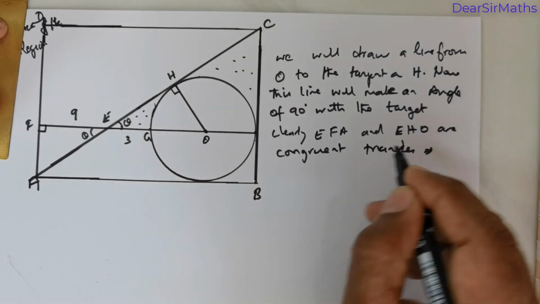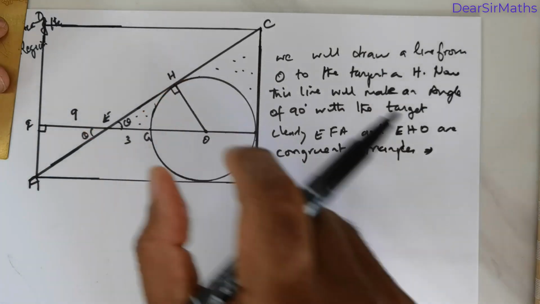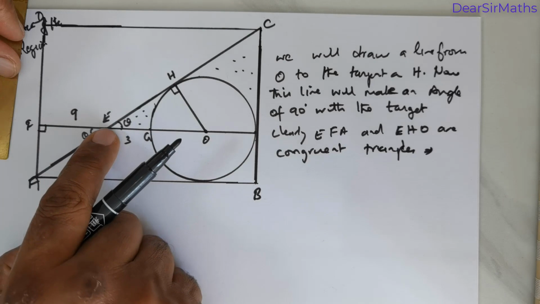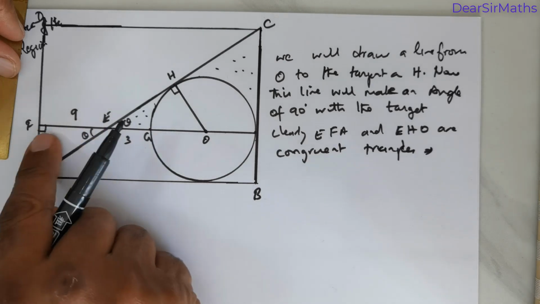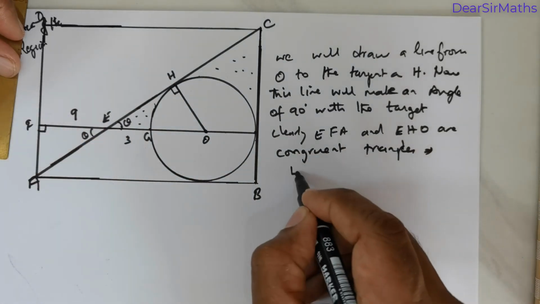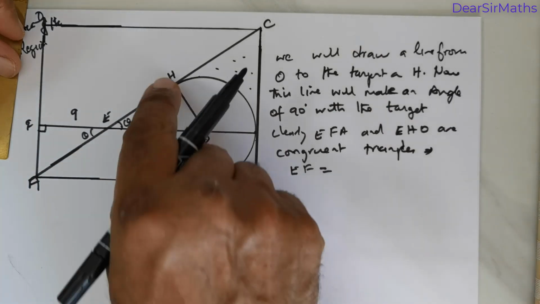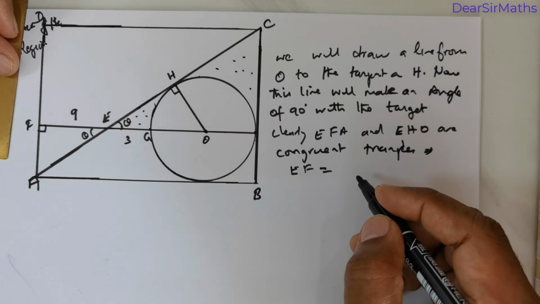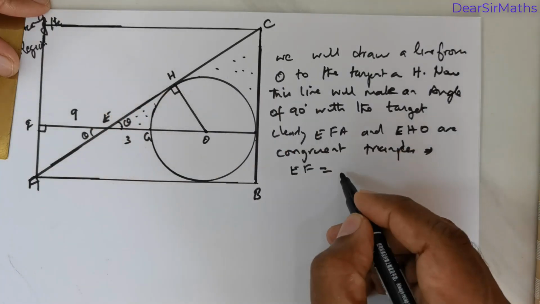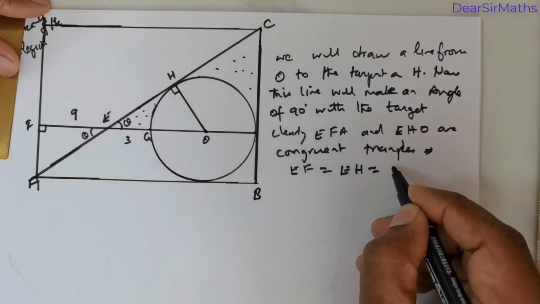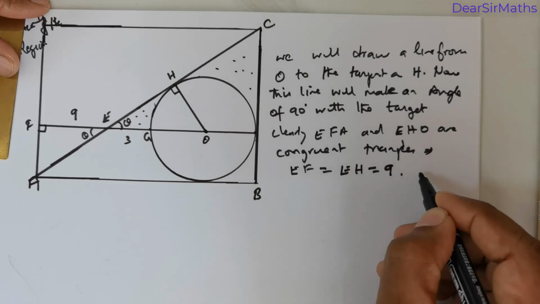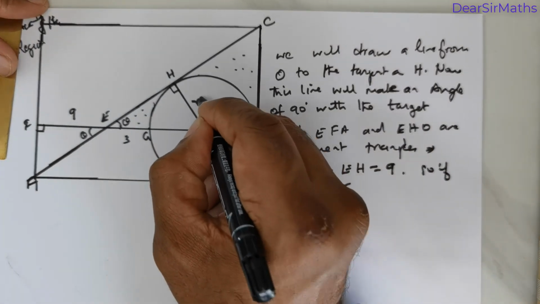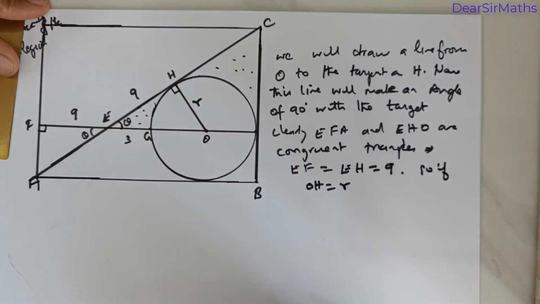Right, so this would mean the side EF is actually the adjacent side, and in this case EH is the adjacent side. So EF will be equal to EH will be equal to 9 units. So if OH is equal to R units, this is going to be 9 units,